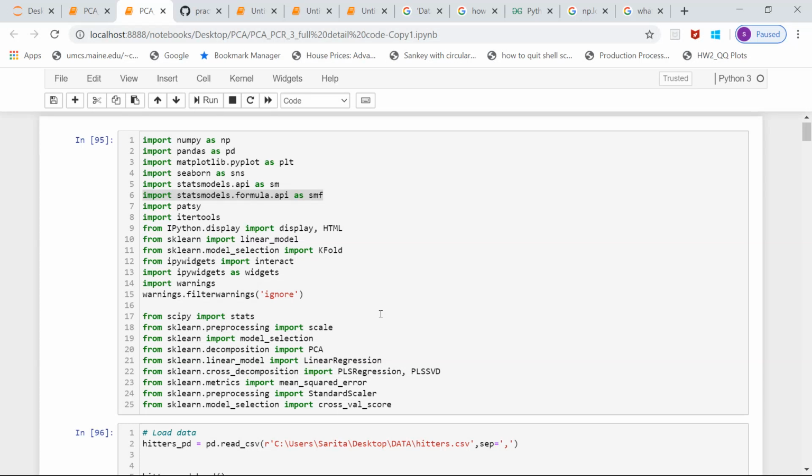Today we'll see how we can apply PCA to an actual dataset. Prior to applying PCA, we will apply ordinary least square regression on the dataset, calculate the mean square error, and then compare the output to the ones that we get after applying PCA and see if PCA does anything better on top of ordinary least square regression.